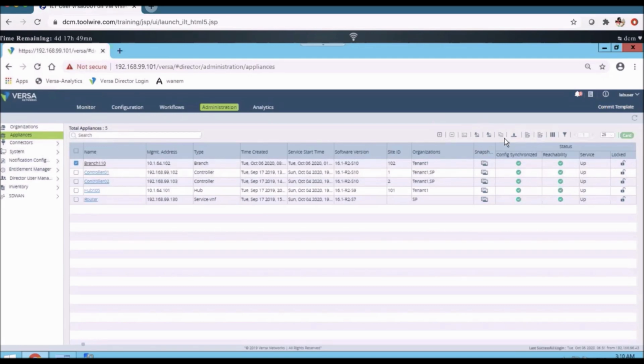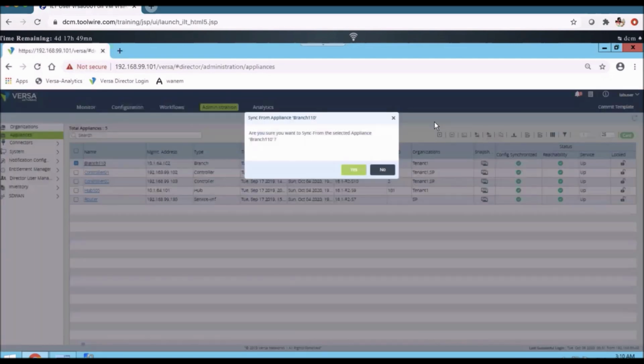If there is a difference in the configuration between the template and device, we don't want another person to commit the template and my device configuration is removed, so we can sync the configuration between both device and template.